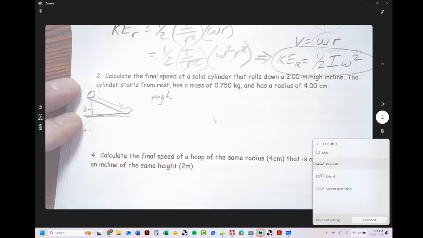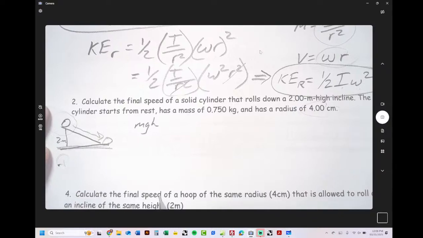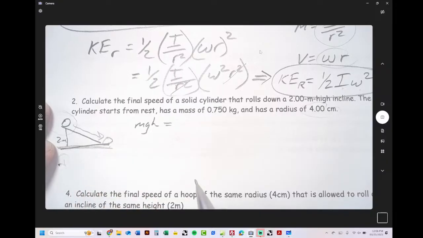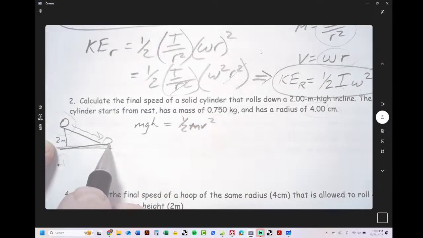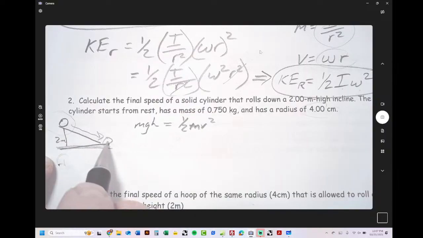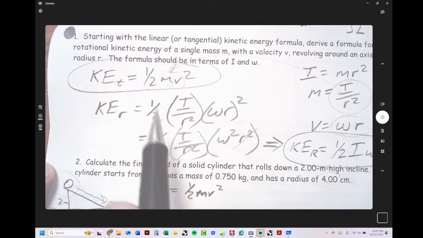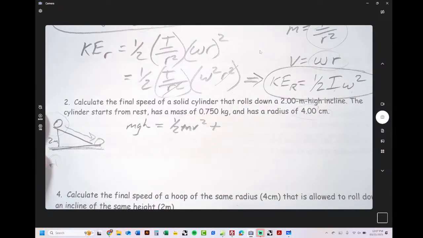MGH. And I'm going to write it kind of small because, like I said, I know this is going to end up being tight. And then when it gets to the bottom, what kind of energy does it have? Kinetic. And if this were a frictionless box, what would the formula for kinetic energy be? 1/2 mv squared. And that's still the formula for part of the kinetic energy because this thing is translating, it's just moving. So the translational kinetic energy of this rolling thing is that. But it's also going to be spinning, so it's